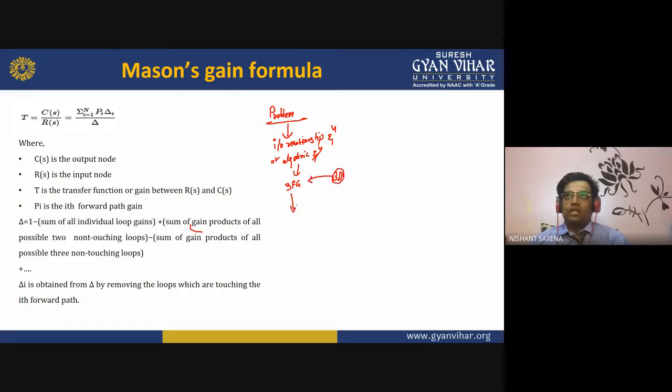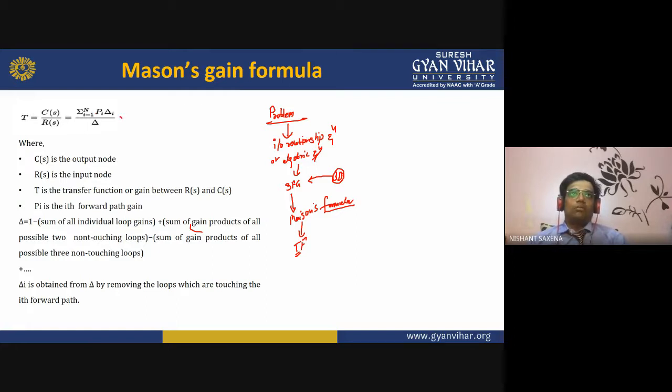Using the signal flow graph, we will be using Mason's formula for finding the transfer function of it. Okay, is this clear? Now let's see how it is done. We are having